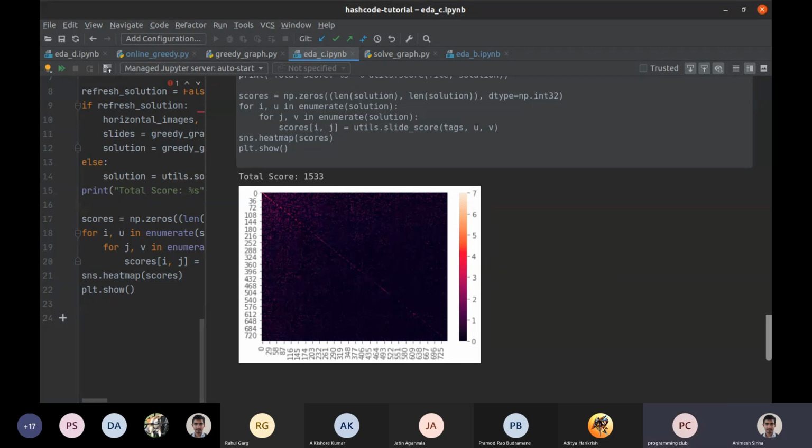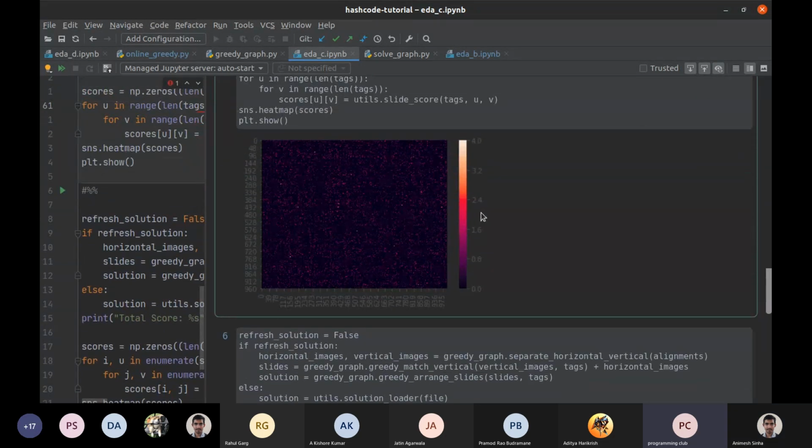Let me just point out what the diagonal line actually means. For those who are not familiar with correlation plots, the y-axis and x-axis of this plot form an n cross n pairing of all the different photos. Here you have roughly 950 photos, and you're just calculating their overlap score. If I take this photo and then take this photo after it, put them one after the other and calculate their score, what is the score I'm getting? As you can see, it's pretty randomly distributed. It's not clear what the approach is, what is going on in the slideshow.